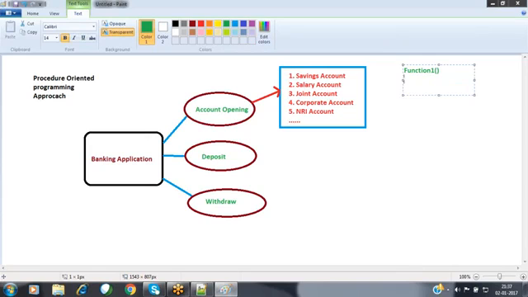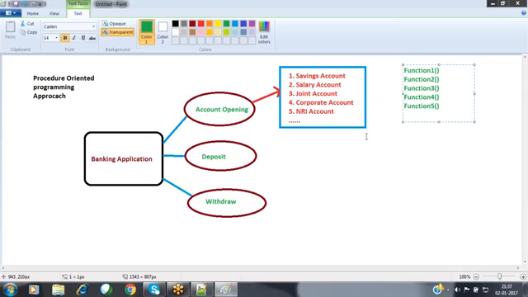We write some business logic inside function 2, which is used to verify the salary account functionality. Function 3 is used to open a joint account. Function 4 is used to open a corporate account. Function 5 is used to open an NRI account.